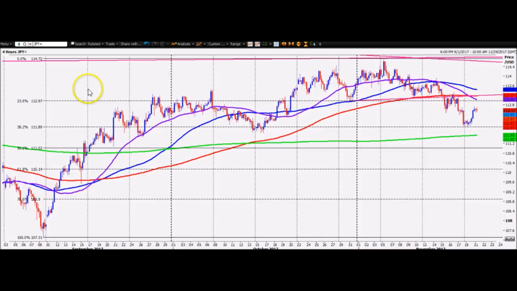I used the Fibonacci's here for my target, 38.2% target of 111.90. Once we'd broken the neckline, which was just above the 113 double, there you go, 113.12 was the neckline. So there was some decent profit potential in it, certainly 120 pips, more than worthwhile trading that pattern. We even got a second opportunity, dip, and then up to the neckline, and then you could sell it again. So really, textbook pattern here, looked really good.